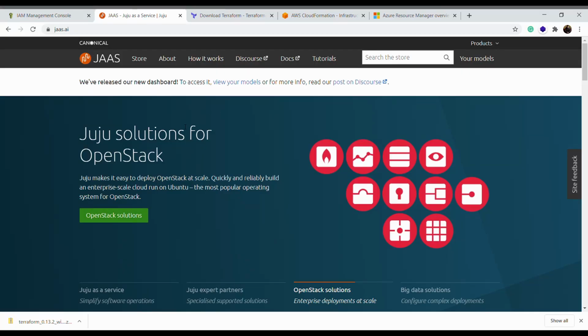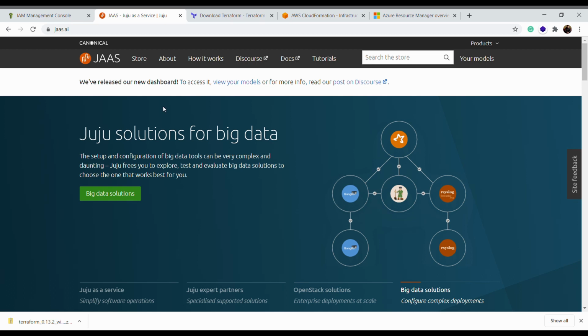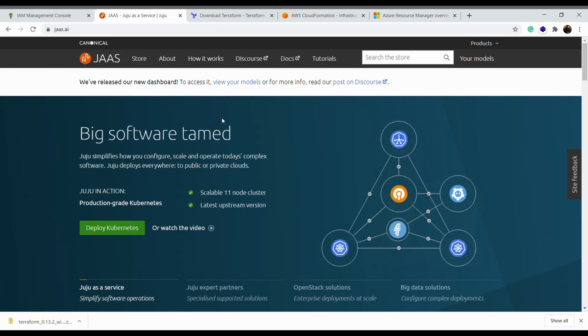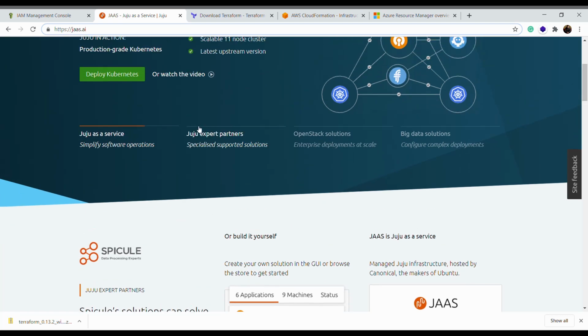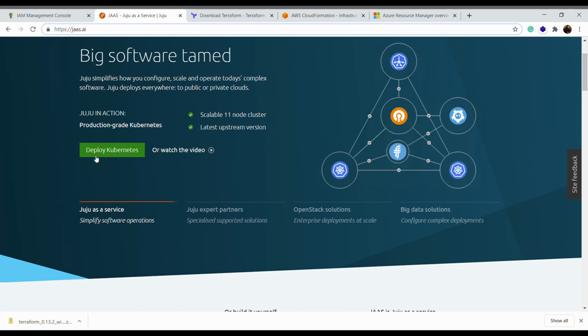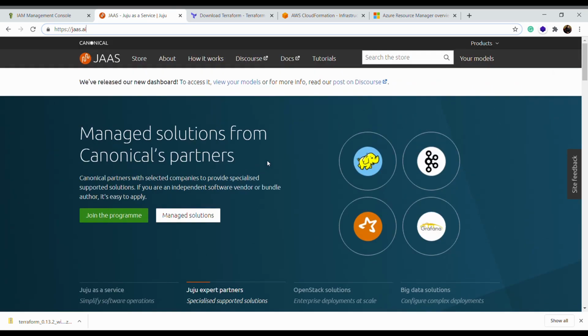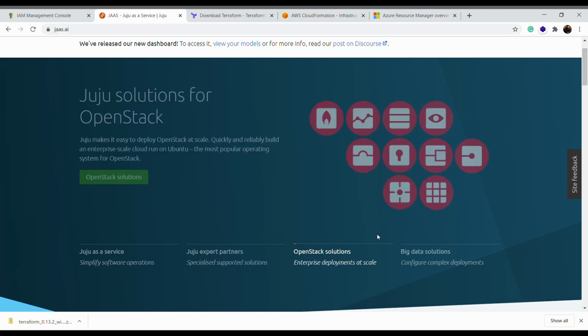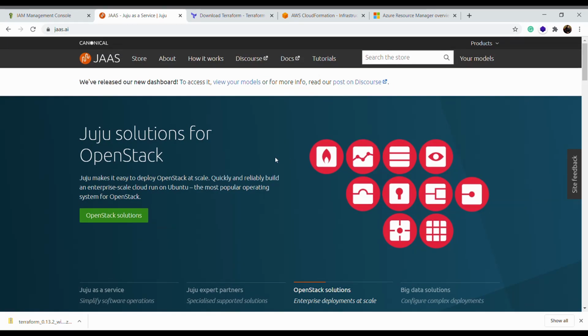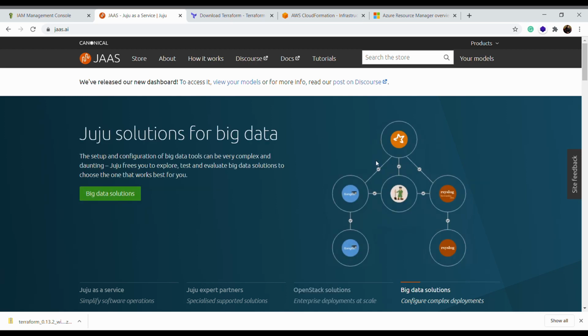Let's talk a bit about infrastructure as a code tools. In this case, I can talk about Juju, or Juju, depends how you want to pronounce it, as a service. It's mainly good for Ubuntu. They have JAAS.ai and they offer lots of features, and it looks like they are really focusing these last days on deploying Kubernetes resources and on microservices. Also, they can help you with your OpenStack solutions. Not bad. I didn't know about this tool until a few weeks ago. I just discovered it and found it really interesting and worth exploring.